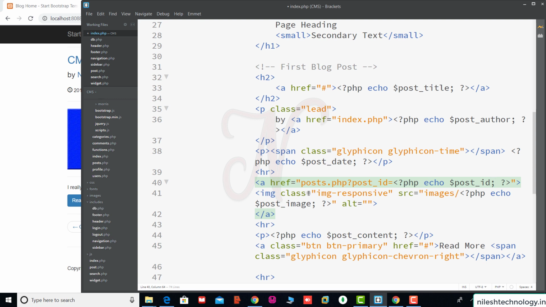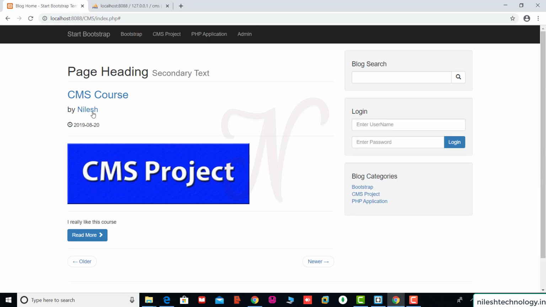When you click on this image, you are redirected to the specific post. So test this code. See here, my pointer look has now changed. This is a finger pointer, so it is a clickable image.